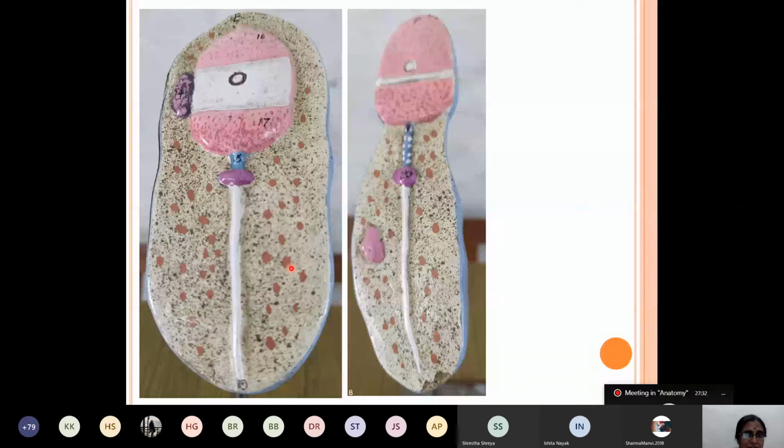And here you can see the cytoplasm orientation. In the middle piece, you can see the white dots. What is this? This is the mitochondrial sheath. It is formed by the aggregation of mitochondria in the region of the middle piece, and this aggregated mitochondria invests the middle piece. This is very important. It provides the energy for the movement of the spermatozoa in the female genital tract, a very important process required during fertilization.